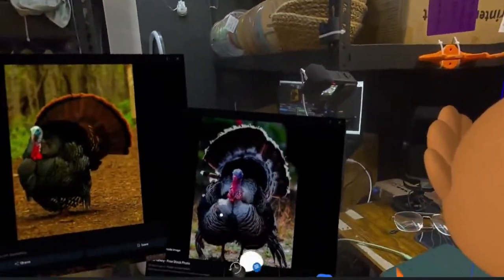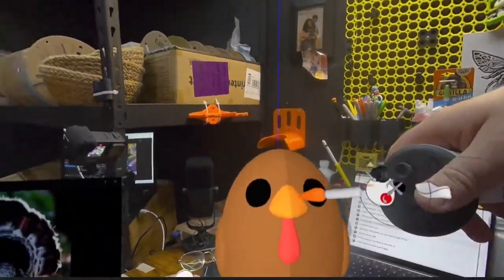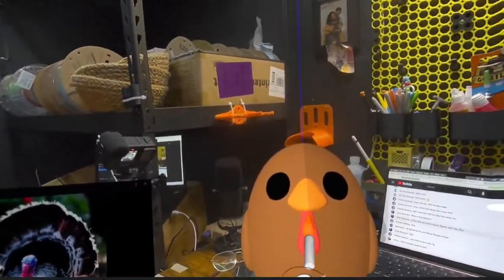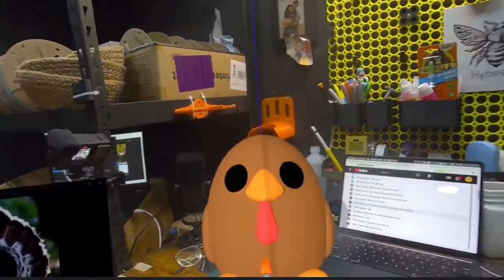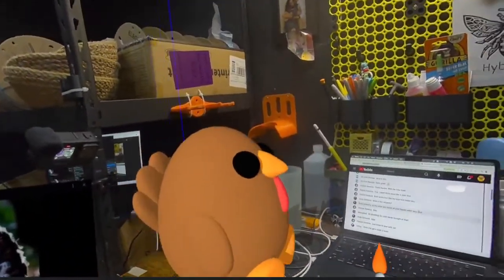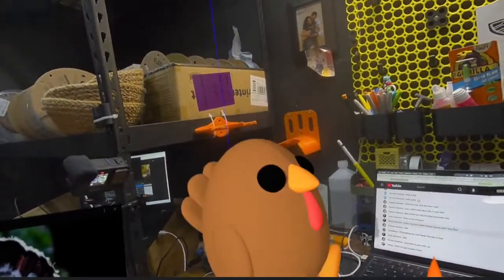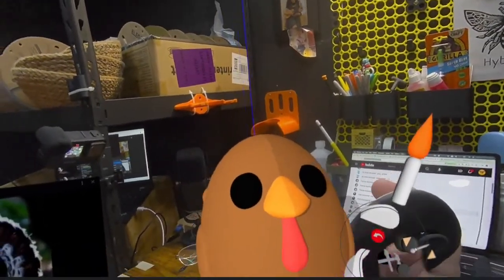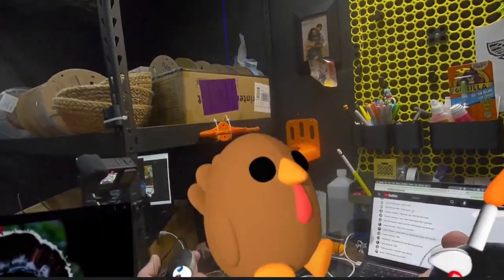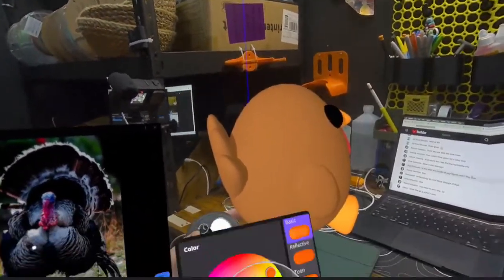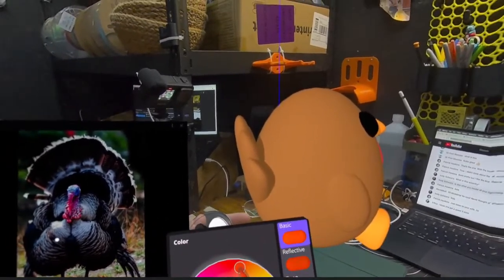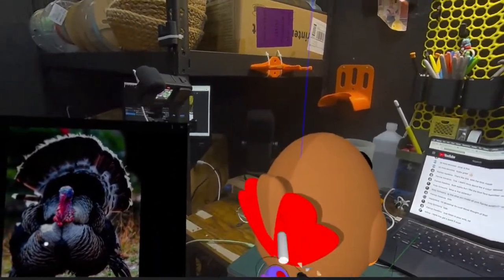Because the thing about the snood is that it does hang down off the top of the beak and go down over the side. But the wattle on the bottom hangs down like this. I feel like the wattle is more iconic. See, I'm going to start a trend. Are you a wattle turkeyer or a snood turkeyer? Wattle or snood. Those are made up words, by the way. Whoever came up with that.